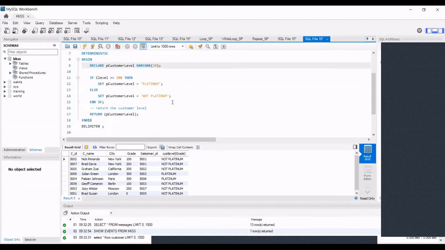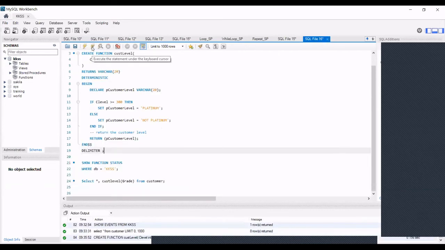We are checking that if the level is greater than or equal to 300, we mark it as platinum, else we mark it as non-platinum, and we return the customer level and end it. So this way we are creating a function. So our function has been created.